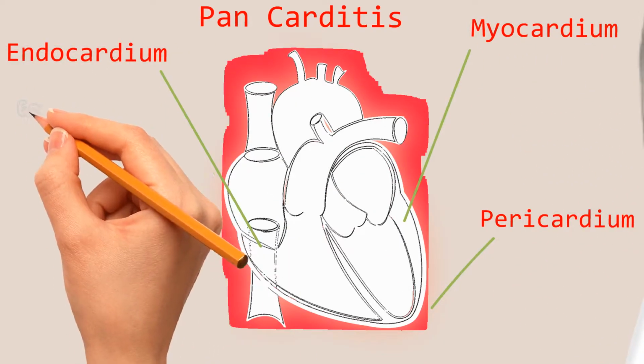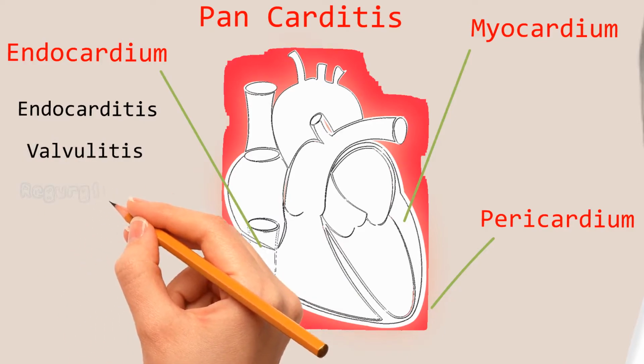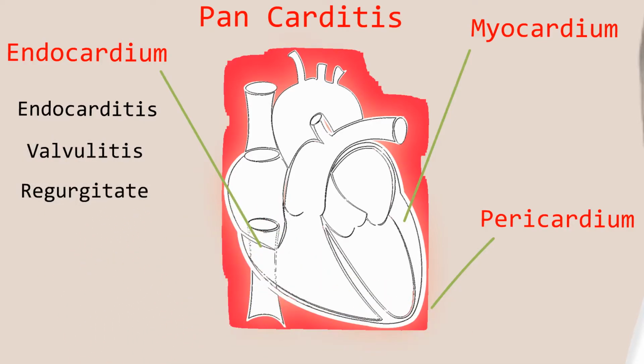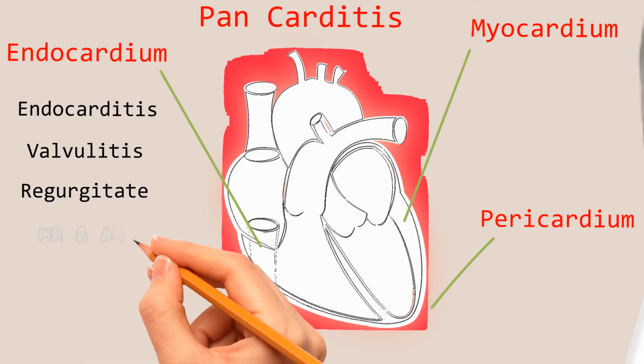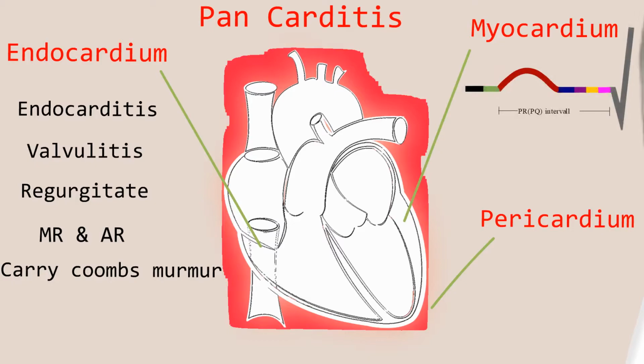Inflammation of the endocardium, called endocarditis, also affects the valves and leads to valvulitis. As a result, valves become damaged and regurgitate. The mitral valve is almost always affected, sometimes together with the aortic valve. During mid-diastole, rapid flow of blood through the inflamed valve produces a little hemodynamic problem, and a soft mid-diastolic murmur is produced, called Carey-Coombs murmur. Inflammation of the myocardium may affect electrical conduction pathways, leading to PR interval prolongation, a sign of